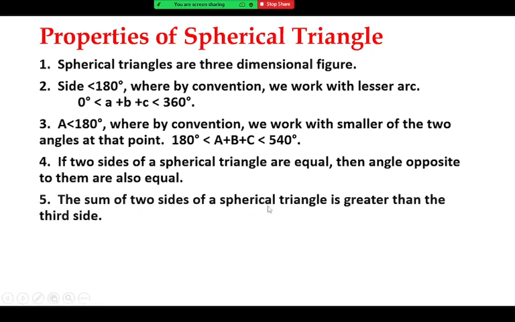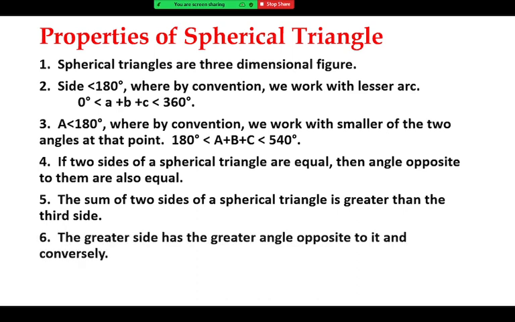The sum of two sides of the triangle is always greater than the third side. These are properties. None of the properties should be learned by heart. I will tell you, just go through them. Remember, try to understand only. Don't memorize it. No property is required to solve the numericals except the sixth, which is an important property that we require to solve the numericals.